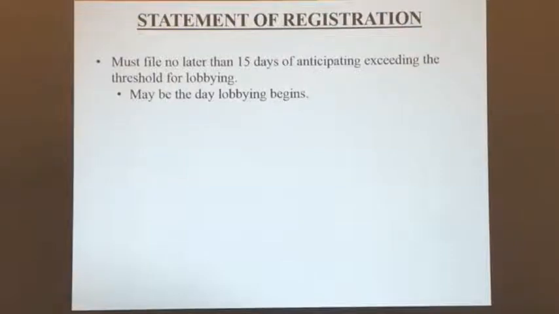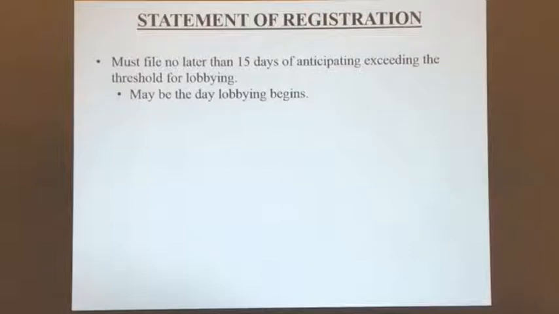Okay, you can play it safe and register as of January 15th. When you register, you're going to pick a start date and you're going to pick an end date, and you're going to have to file all the filings that occur within that start and end date, whether or not lobbying activity occurs. If those reports are late, you're going to be subject to fines.